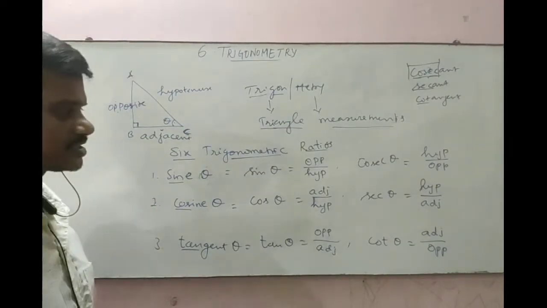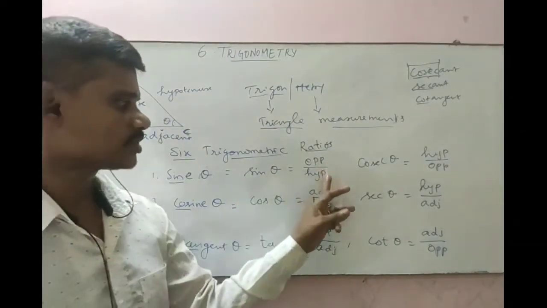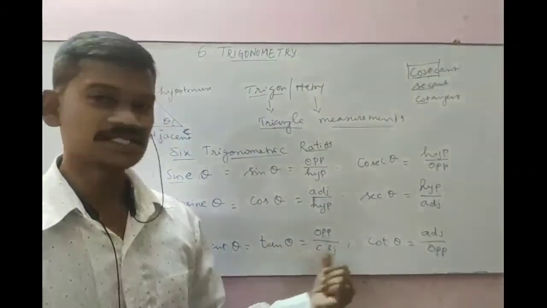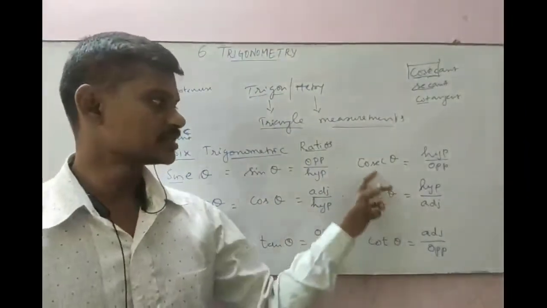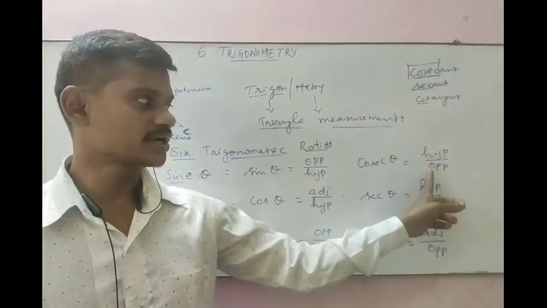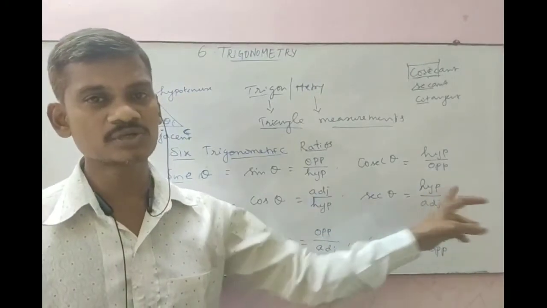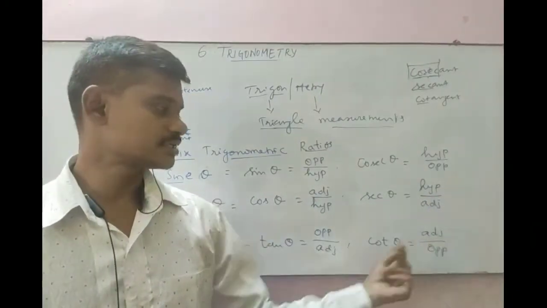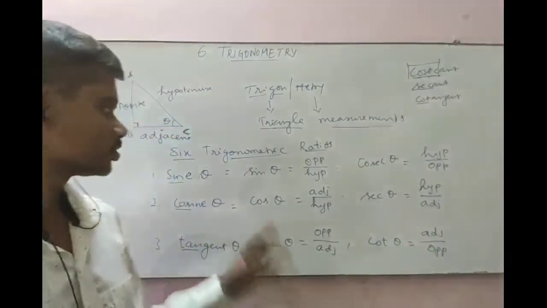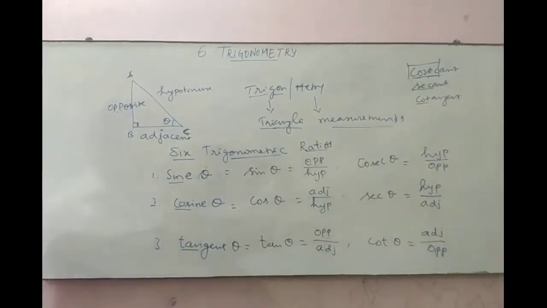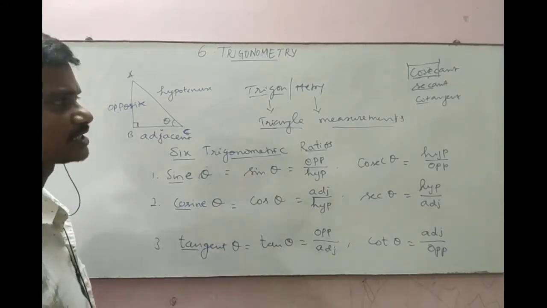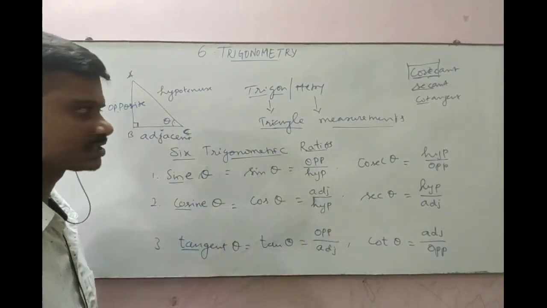The formula for that is sin theta is equal to opposite by hypotenuse, cos is equal to adjacent by hypotenuse, tan is equal to opposite by adjacent, then cosecant is the reciprocal of sin, hypotenuse by opposite, secant is equal to hypotenuse by adjacent, cot is the reciprocal of tan, that is adjacent by opposite. So you have to know these 6 trigonometric ratios thoroughly. There will be many formulas, and only if you learn them well will doing sums be easy.